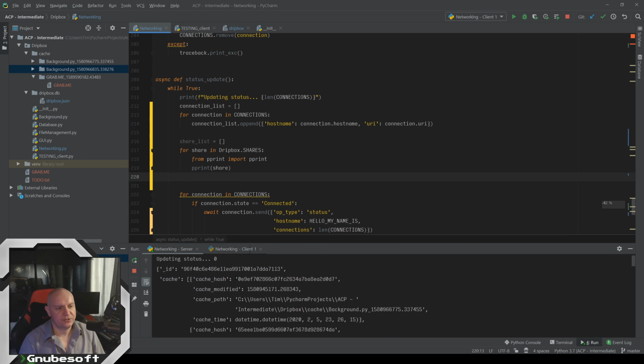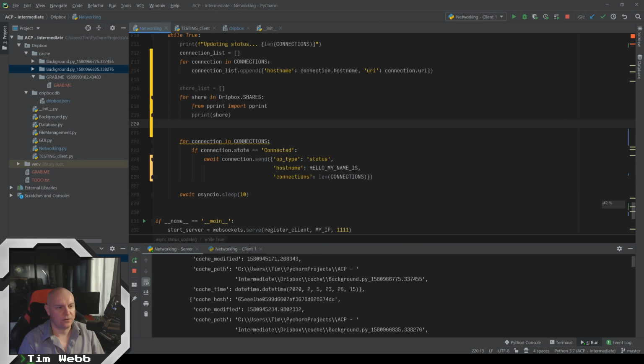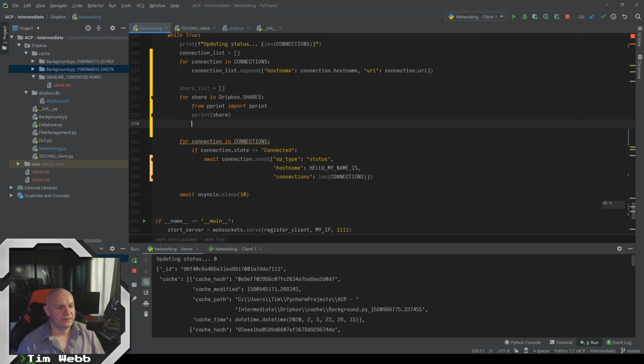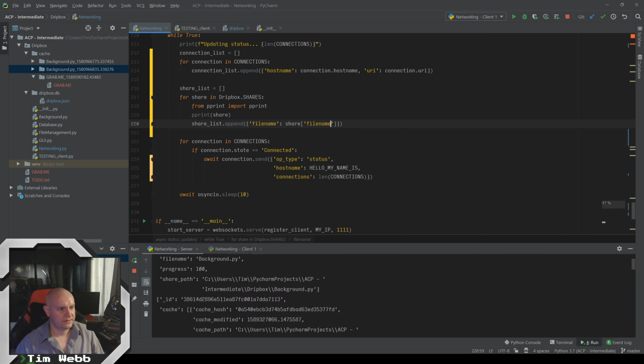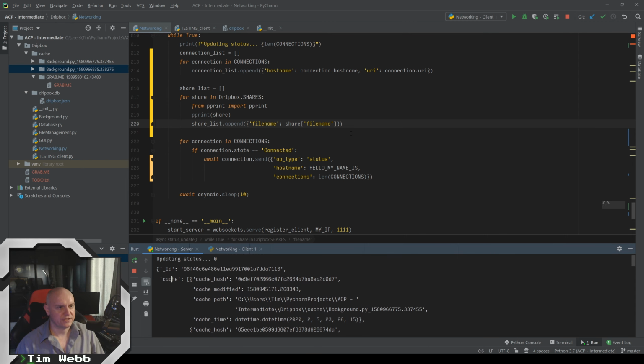So when we get to the point where our peers are looking at our status and trying to decide, do I need this file? We're going to need to provide them with those details that they need. We don't need to send them the whole big list here, because it doesn't need all of this, but it will need some of the important details. So let us make a new dictionary here that's going to be the file name to identify what this is. It's going to be share file name, and you'll see that here. And then we need to drill into the cache list,